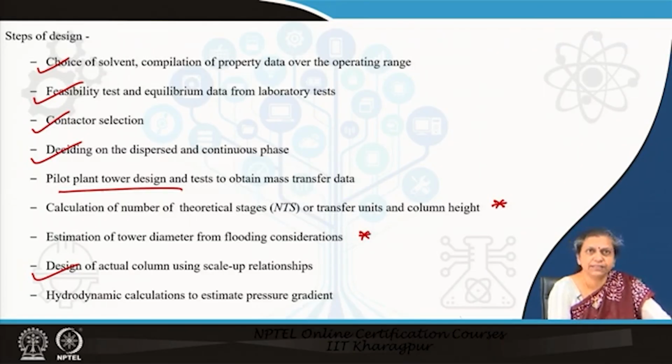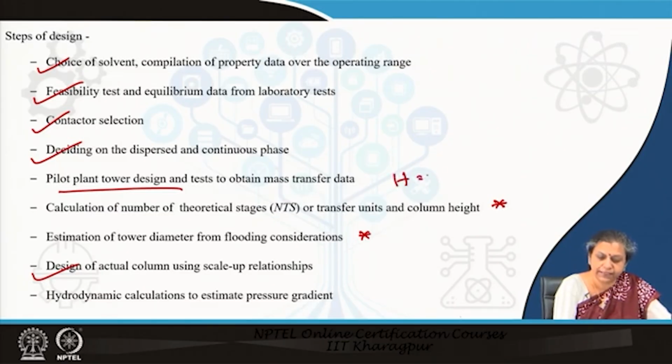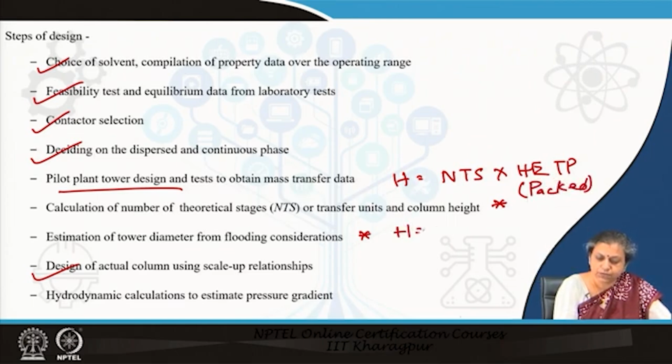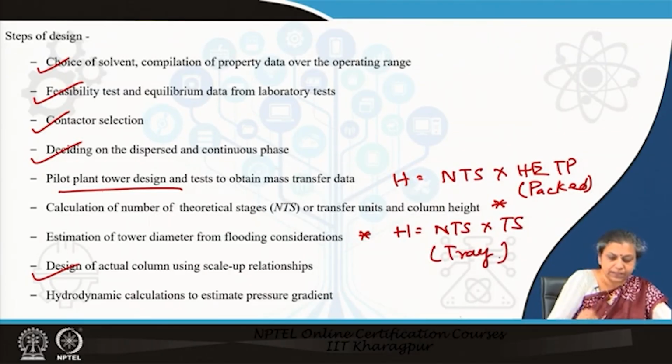And once we have decided that, then based on the plate efficiency that we have, we can find out the column height H, which will be equal to NTS into HETP for a packed column, or H equals NTS into tray spacing for a sieve tray column. Accordingly we can find out the H, and the other thing which is left is the tower diameter from